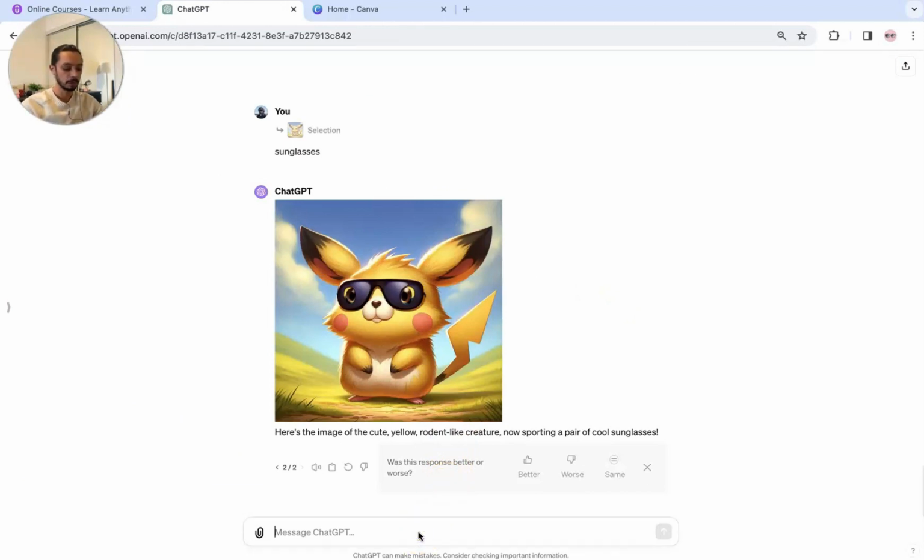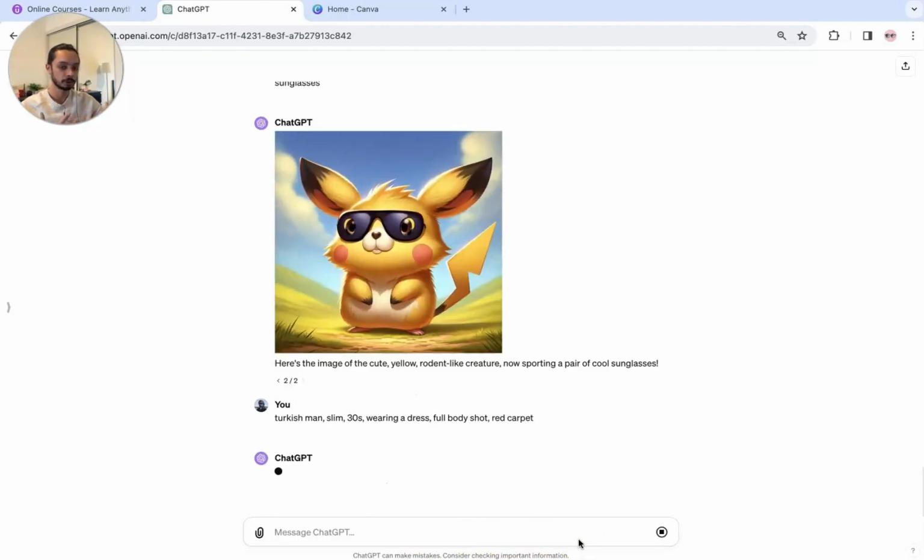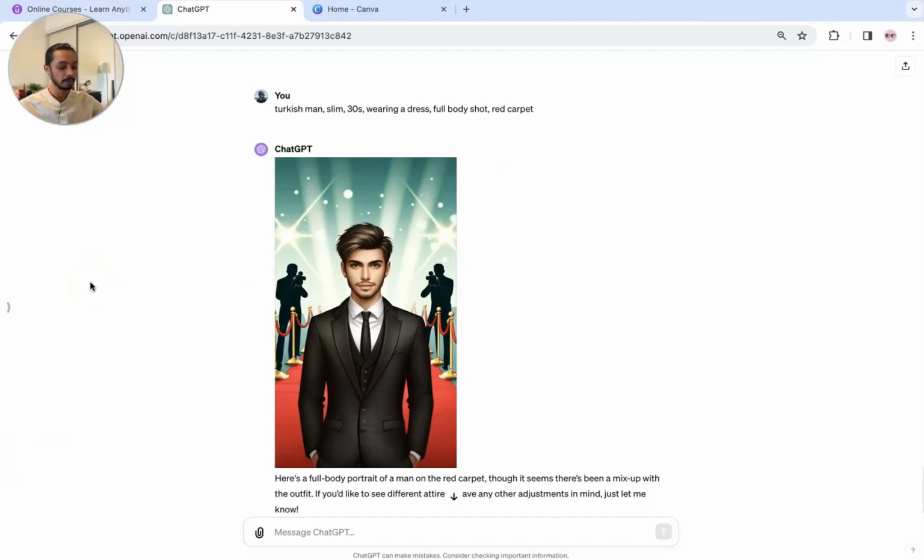Next thing I want to talk about is creating a much more detailed image just from using the power of text. So if I say, "Turkish man, slim, 30s, wearing a dress, full body shot, red carpet." It's a set of keywords that I'm giving to ChatGPT based on which it will create a much more comprehensive prompt for the Dall-E model, which will then generate the image for me. GPT came back with the image and it doesn't look very realistic,